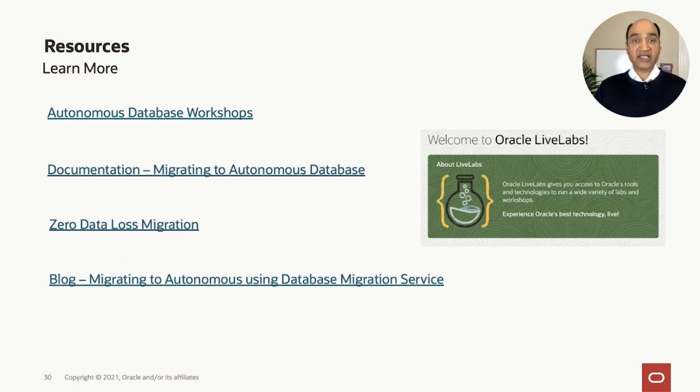Some resources, as I said: check out Oracle LiveLabs, where you do have quite a few labs available. In fact, there's a great lab on ZDM, which you can try out, which will walk you step by step through all the steps you need to get to the autonomous database. You, of course, have the documentation for both ZDM as well as the autonomous database. And there's a special chapter on migration where all of these options that I mentioned are easy to navigate, and you can basically pick an option based on the use case. So there's a navigator in the doc itself.